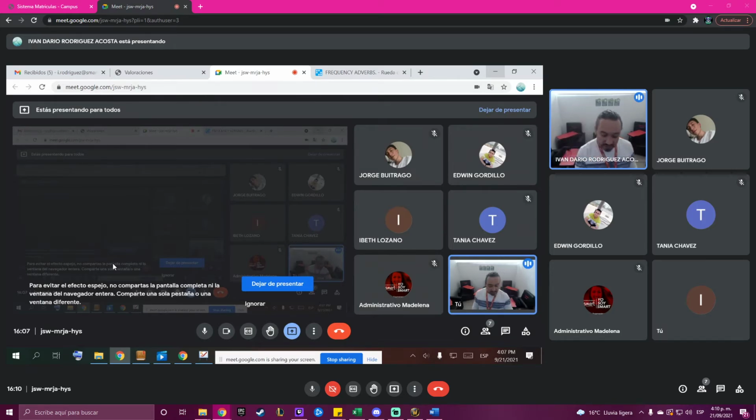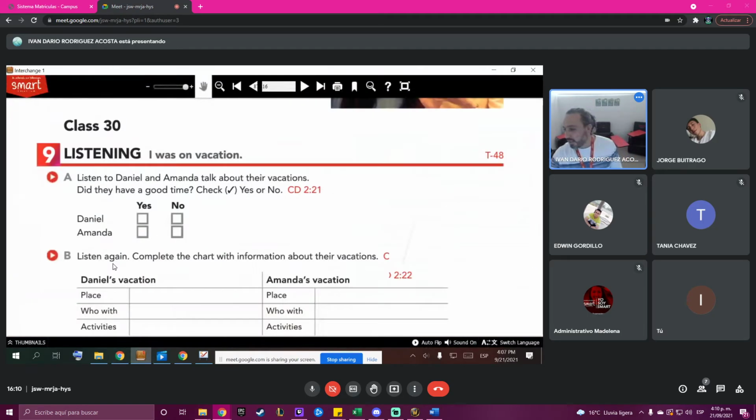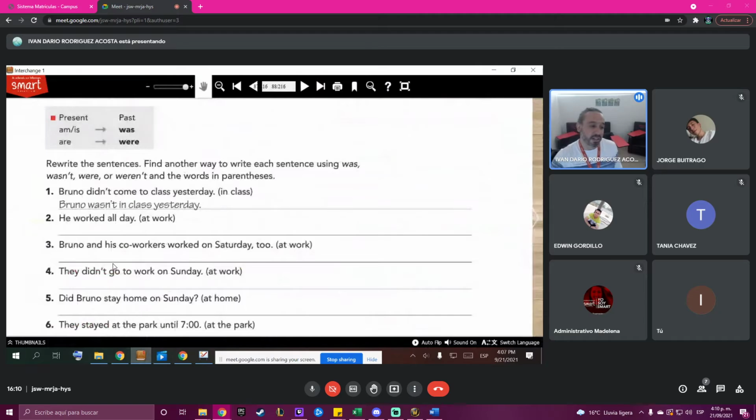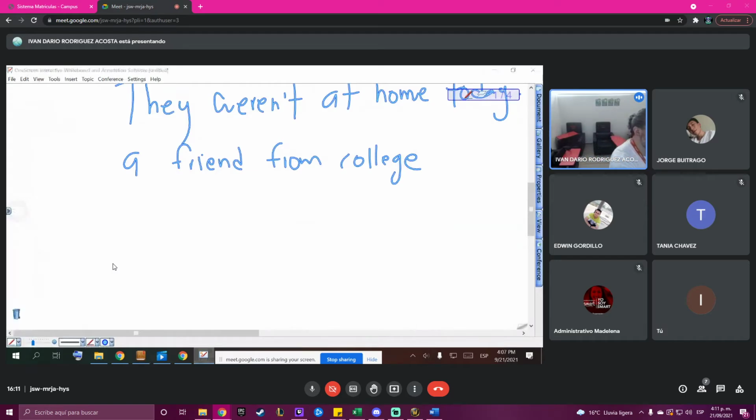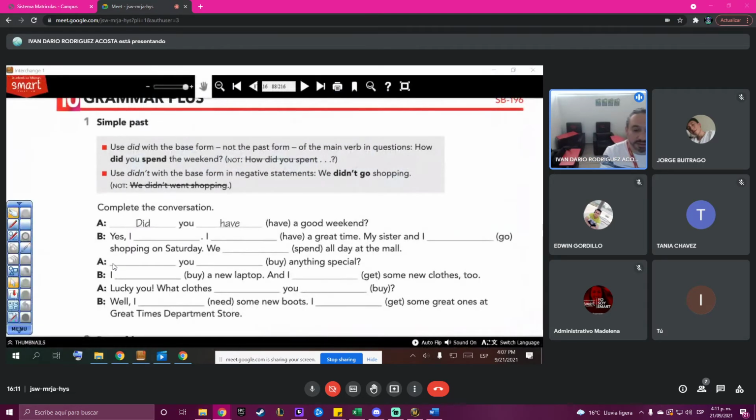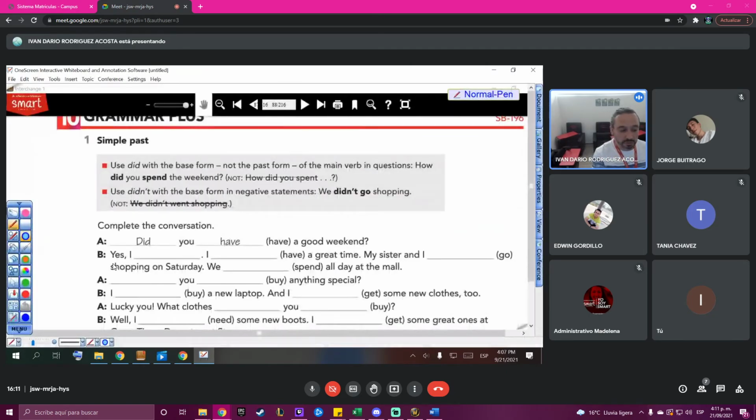Thank you. We're gonna check quickly, because we were talking about this class, yeah? We have actually covered the review. Important here to mention, remember that in questions, the verb is not going to be in past. Look at this example here. How did you spend? Look at the verb. The verb is the base form, the regular verb, no changes. So how did you spend? You never say spent in past in the question, incorrect.